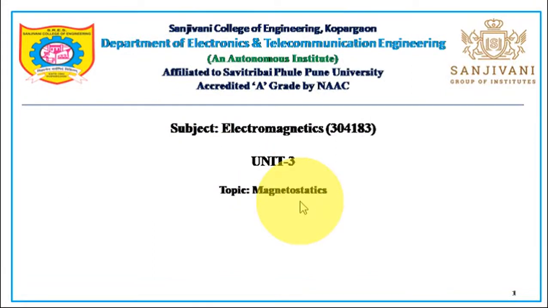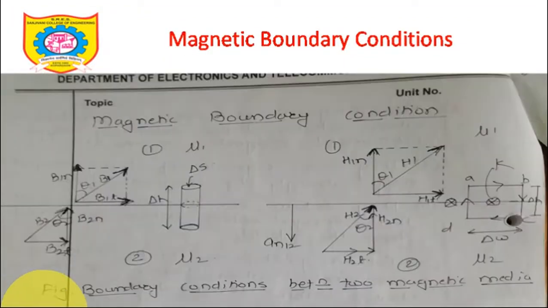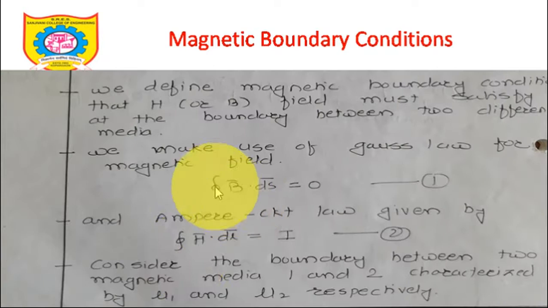Welcome back, students. In the previous lecture of magnetostatics, we were dealing with the boundary condition, the most important bit, as I already told you, from the examination point of view. We have started our discussion about boundary conditions and we are going to solve them. We have gone through this diagram also. We are once again coming back to this diagram when we see the second boundary condition, but we are just making use of these two equations to understand the first boundary condition.